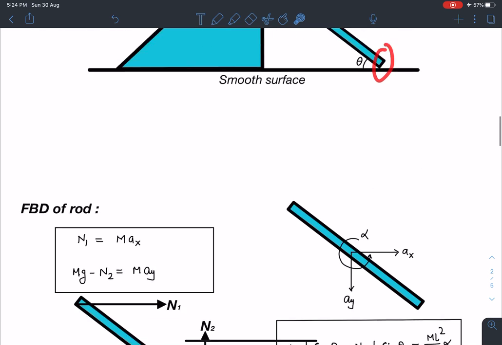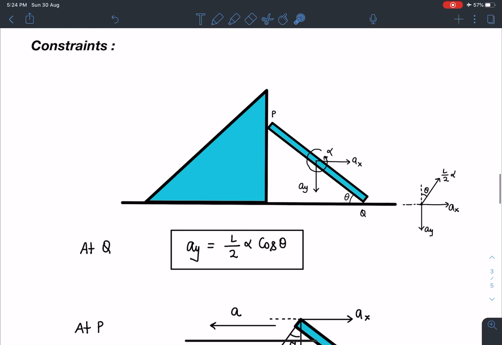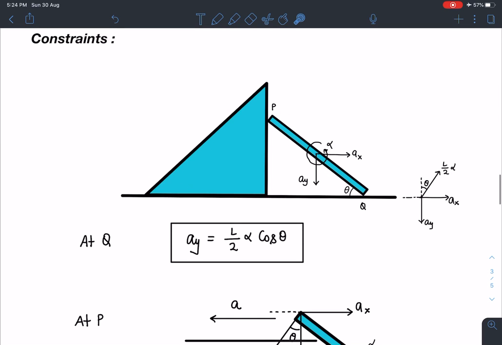The constraints here I'll be using at these 2 points. So let's discuss those constraints. They are very important tool of solving questions relating the unknowns. So here, if you see the rod, it is having acceleration component AX in horizontal direction, AY in vertical direction, and this alpha in anti-clockwise sense. So at point Q,